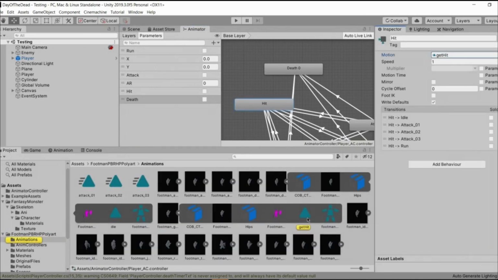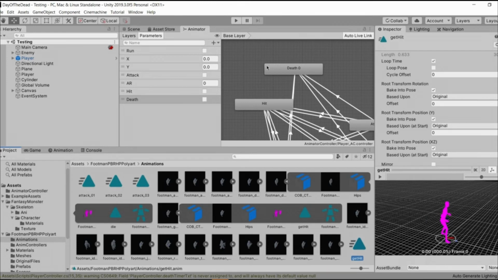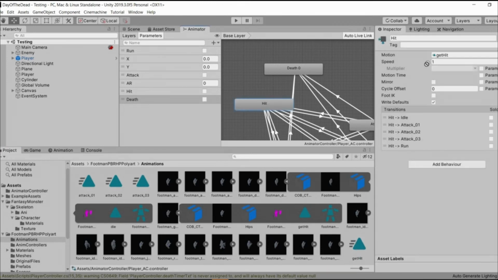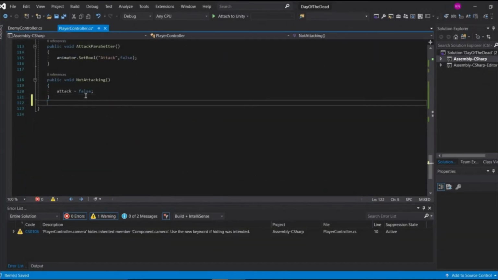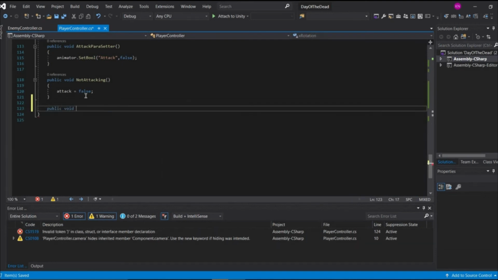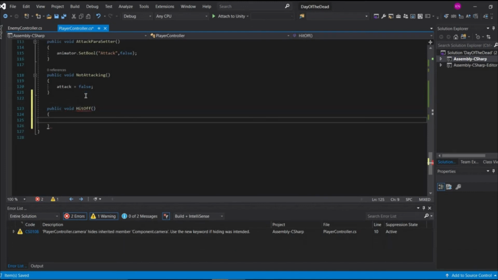So go over to the hit animation, and instead of making it read only, just Control D it so that it is not anymore hit read only. Just select get hit here, go back into the player controller function and array script, and then type in public void hit off. This is going to be the hit off, and we are going to do animator dot set bool